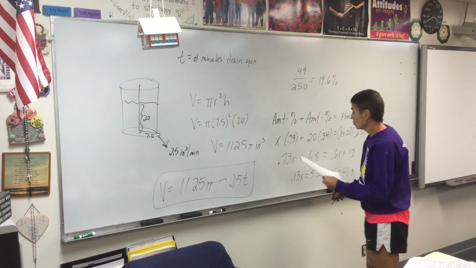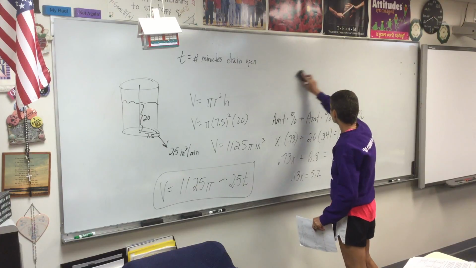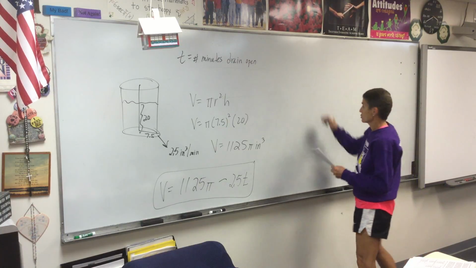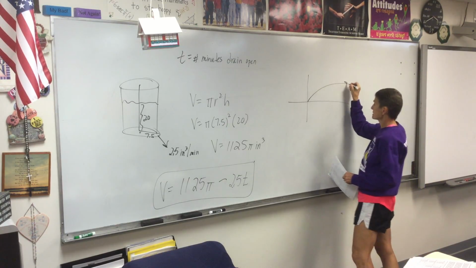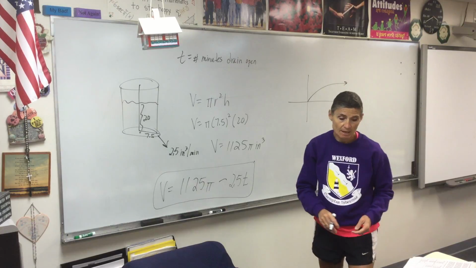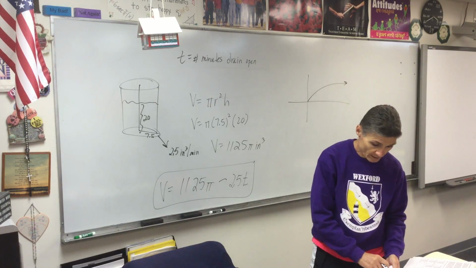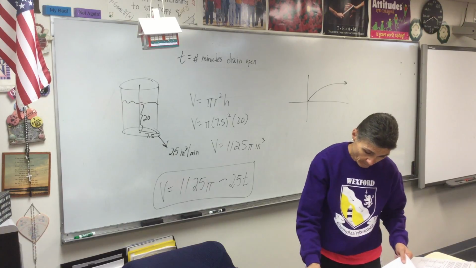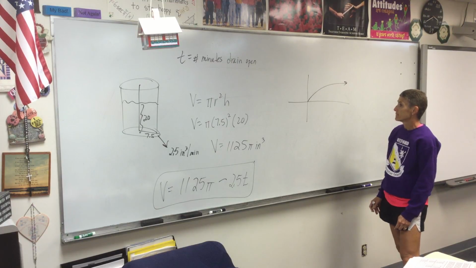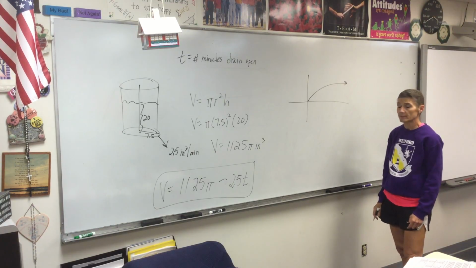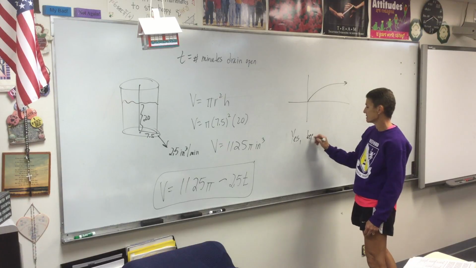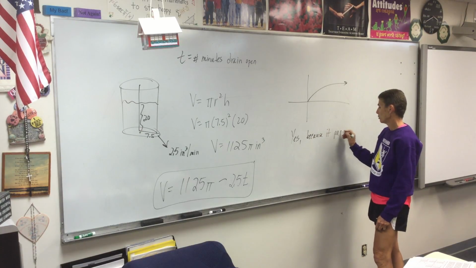And finally, is the square root function 1 to 1? Why or why not? Well, I think you need to visualize the square root function. The square root function, remember, looks like this. To be 1 to 1, you must pass the vertical line test and the horizontal line test. Does this pass the vertical line test? Yep. Does it pass the horizontal line test? Yep. This is 1 to 1 because it passes both